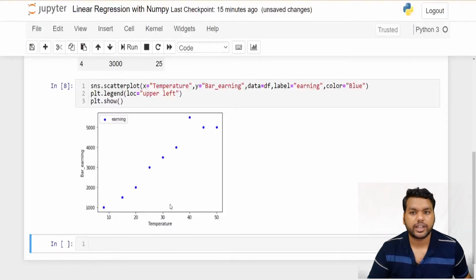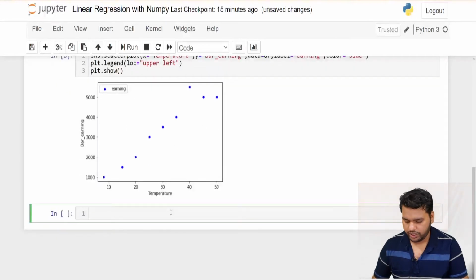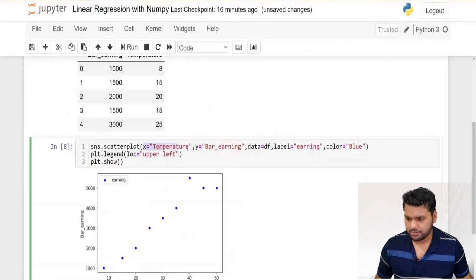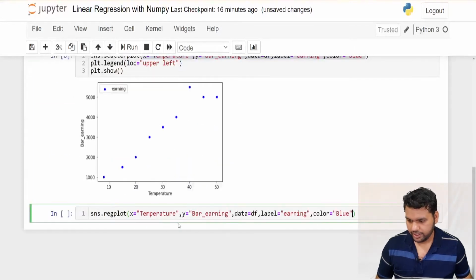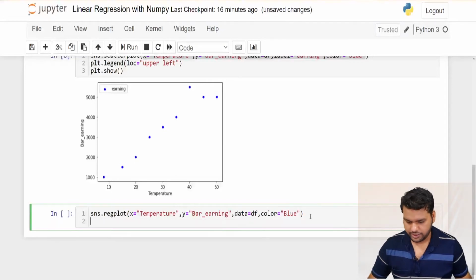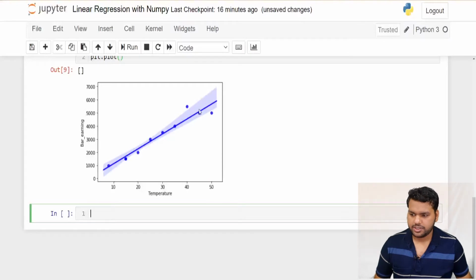That we can do with the help of regplot. We call sns.regplot, and just copy these things because we are using the same library, so almost everything is the same. First I show you what we get as the best fit line. Yes, now this shade is coming.